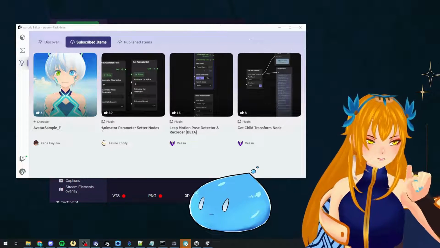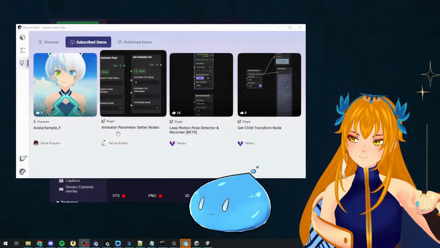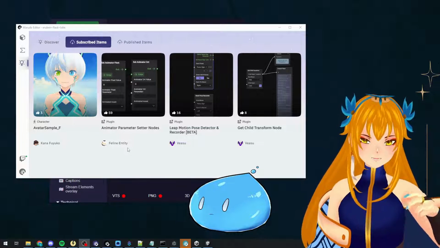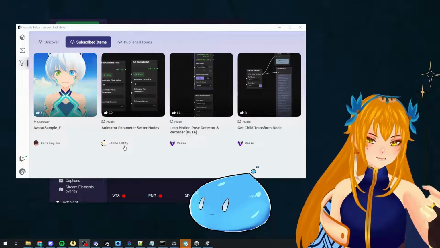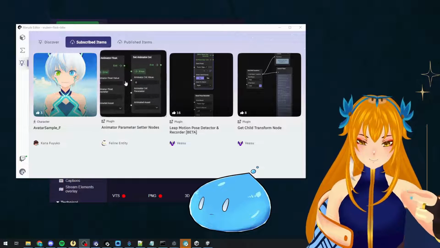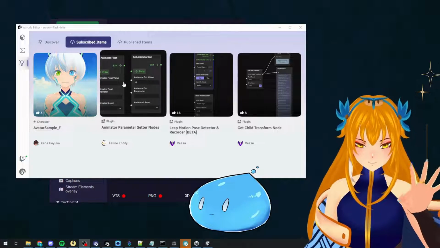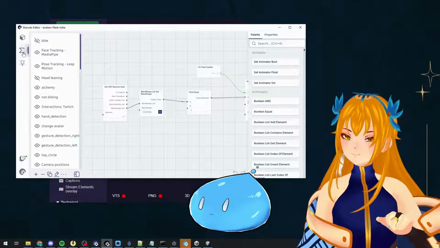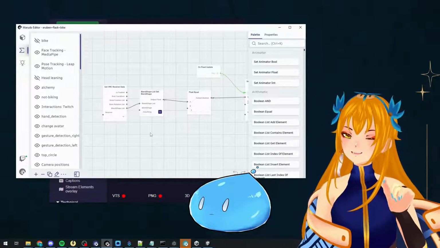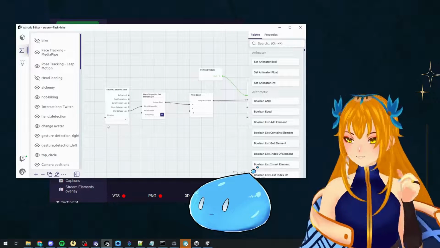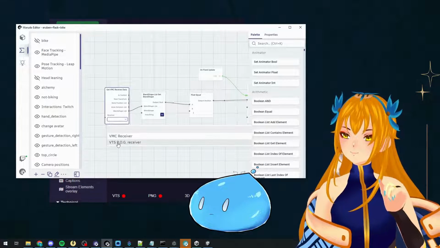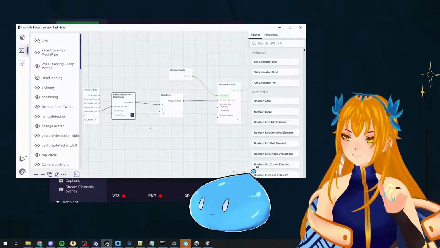So make sure to have subscribed and download the animator parameter setter nodes by Felin. If you don't have it and you import the blueprint, delete the blueprint and re-import it after you imported this, just so it works properly and doesn't give you any errors. Small disclaimer. And with that, we're going to come here to the blueprint, select the VTS P.O.G receiver, mount in